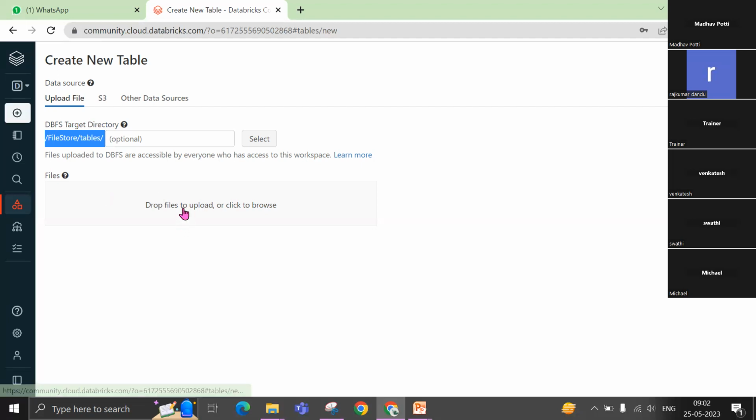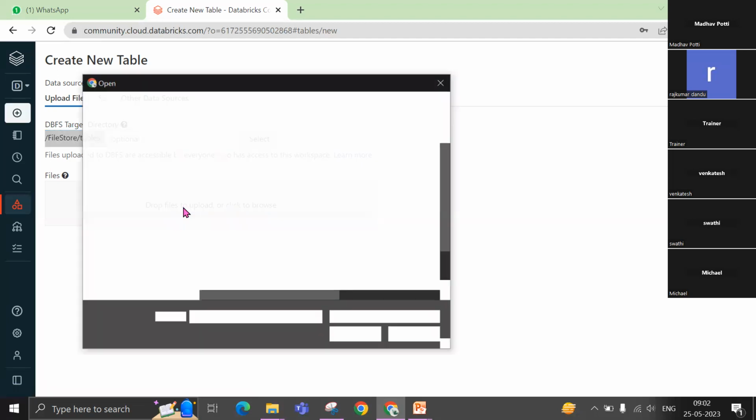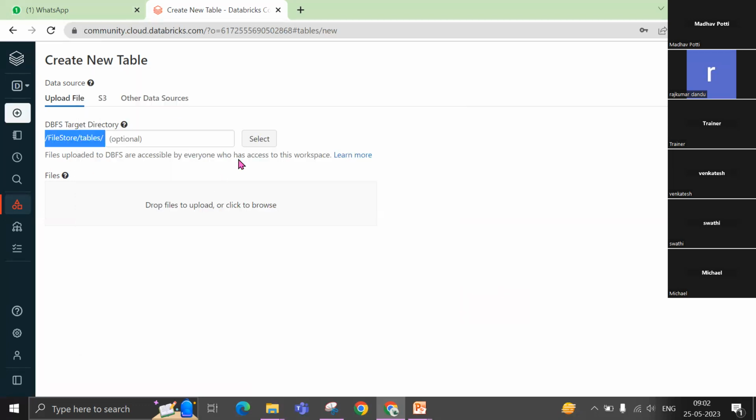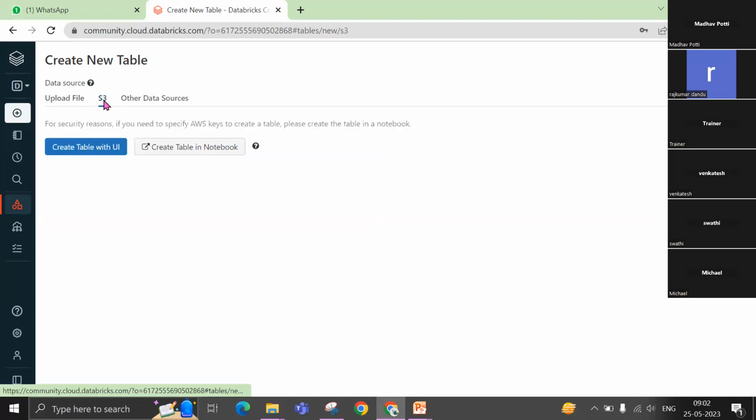Okay, so you can upload a file, you can drag and drop any file, and then you can work on that. Which we are going to discuss in detail in further classes. All right, it also lets you get data from Amazon. For example, Amazon S3, it's a storage service from Amazon. If you want to pull the data from Amazon S3, you can do that as well,